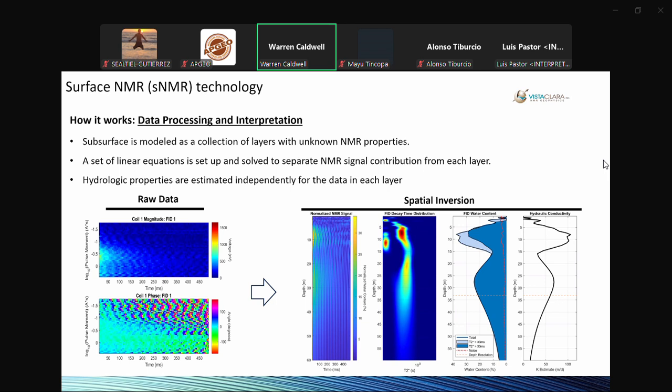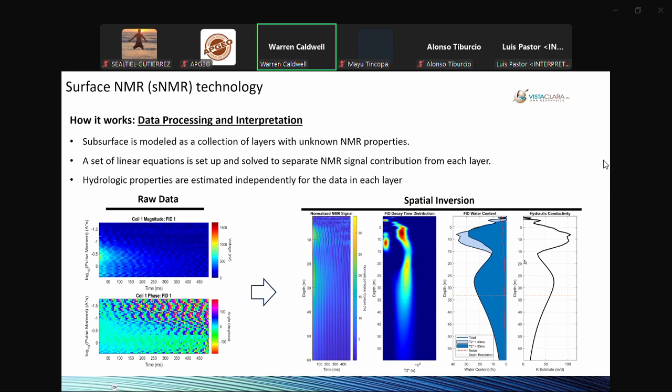Logging data is simpler in that the depth information just comes from the location of the probe, whereas with surface NMR you have to invert the data, do a geophysical inversion, to project the data to depth. So, as with any such inversion, the resolution decreases as you go deeper into the model space,